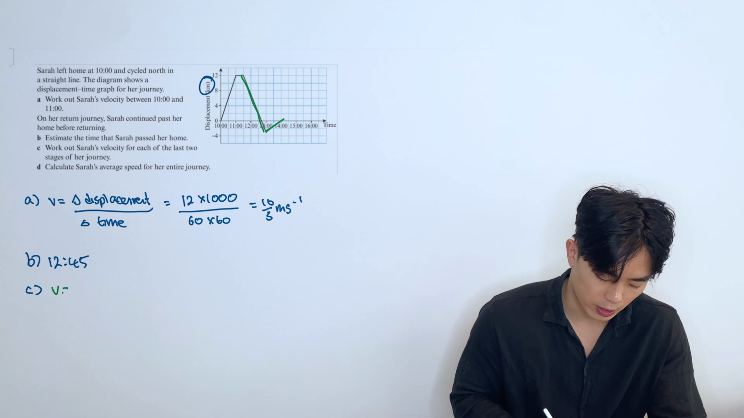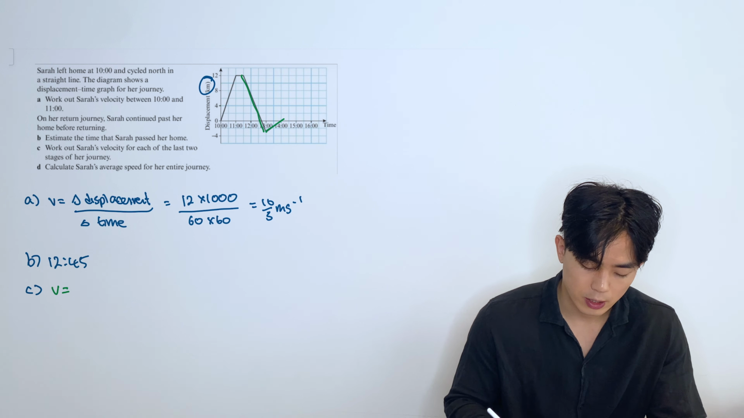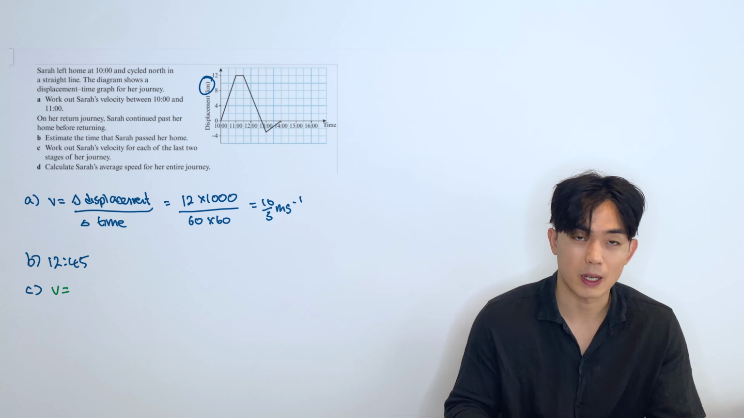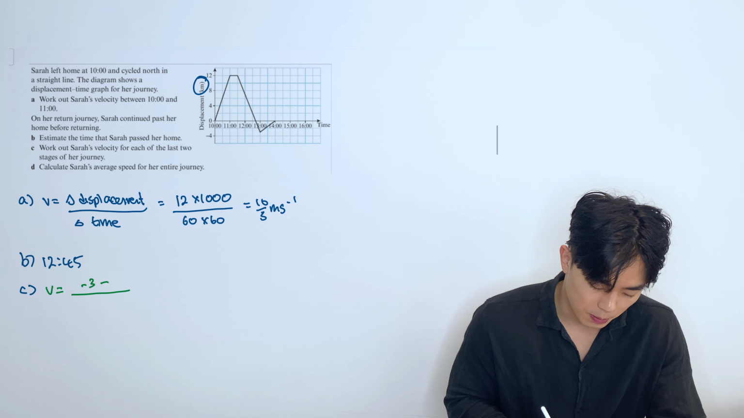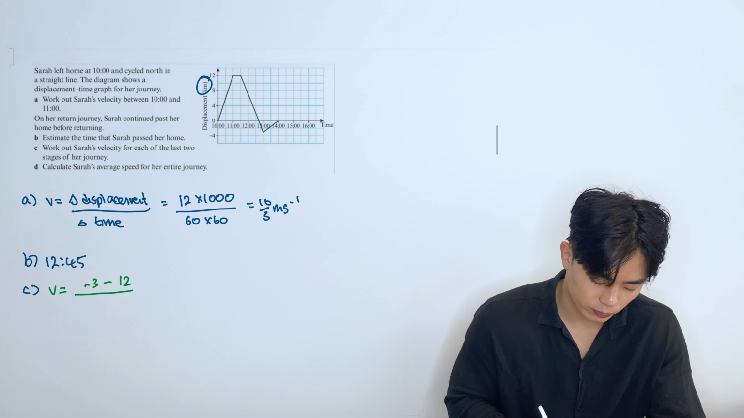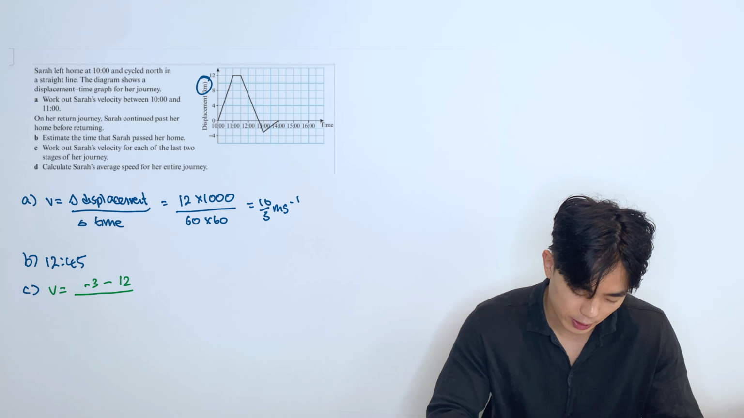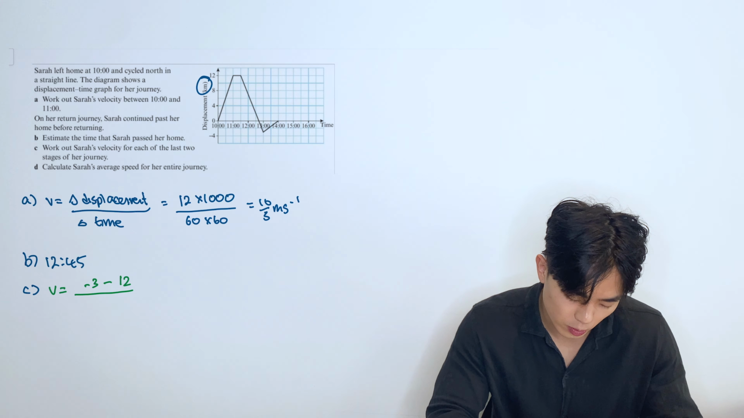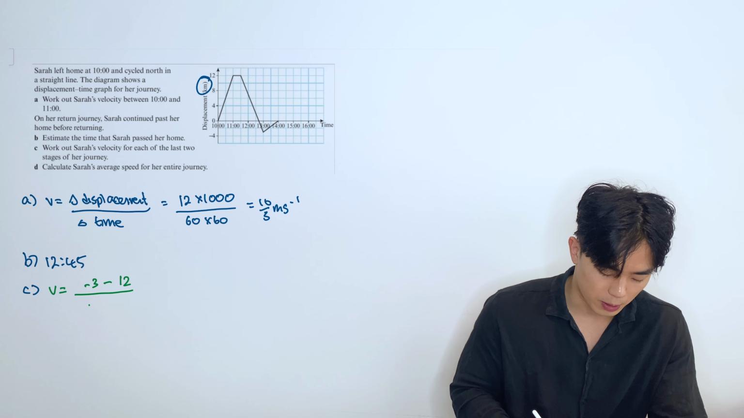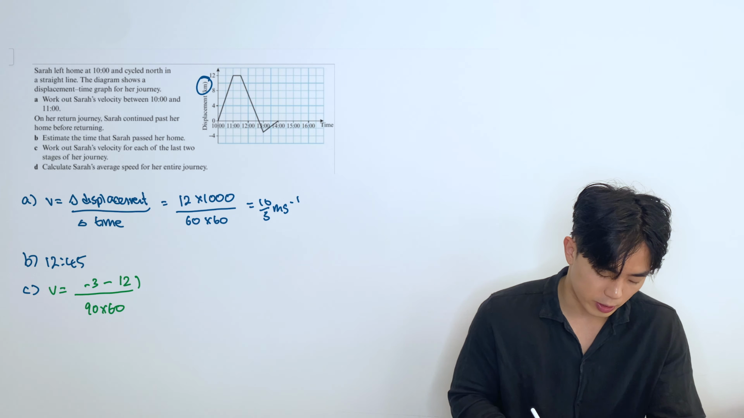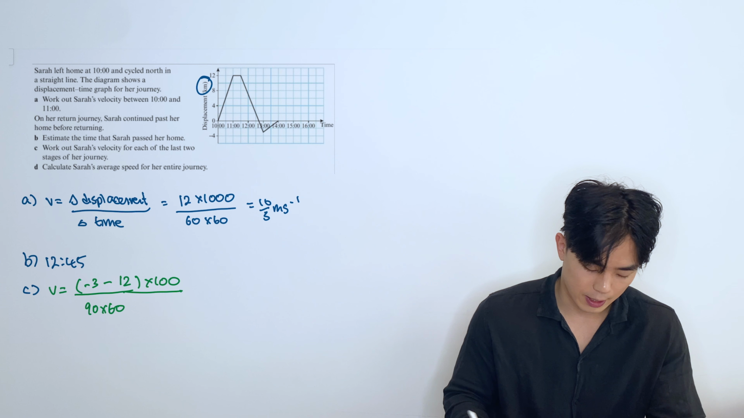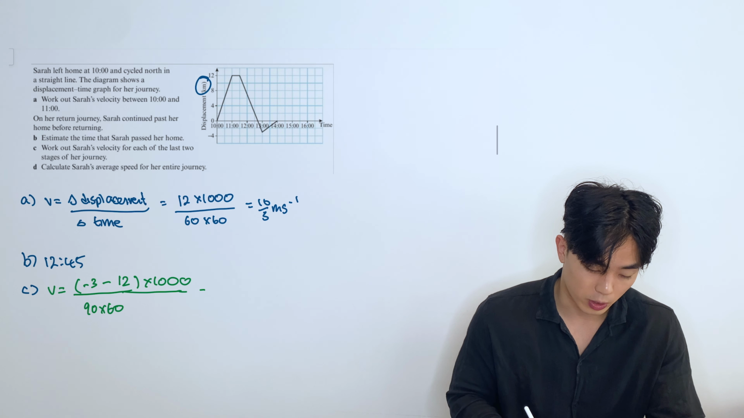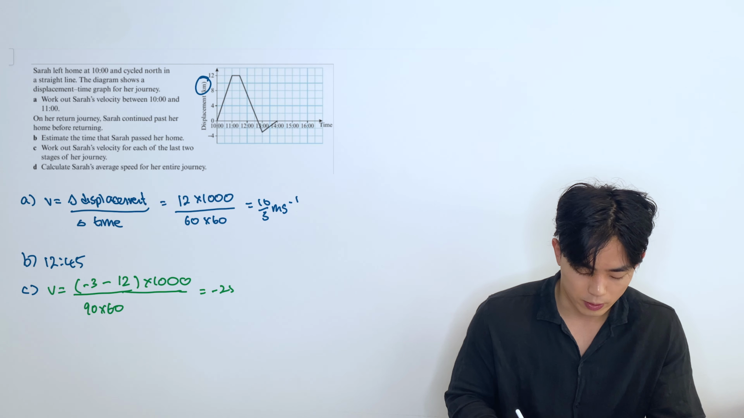So once again, velocity is the change in displacement with time. So change in displacement is the final displacement minus initial, right? Final will be, you can read it off here, -3 minus the initial, which is 12. Over time, you can see it's from 11:30 to 1, so that's going to be 90 minutes. So it's going to be 90 times 60. And then we change it to hours, right? Times it by 1,000. And as you can see, this will give us a value of -25 over 6